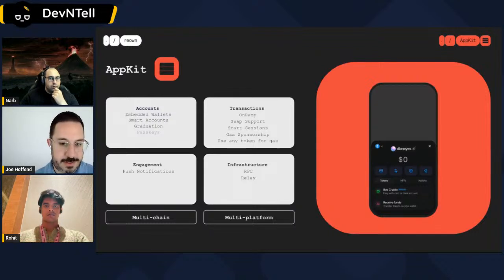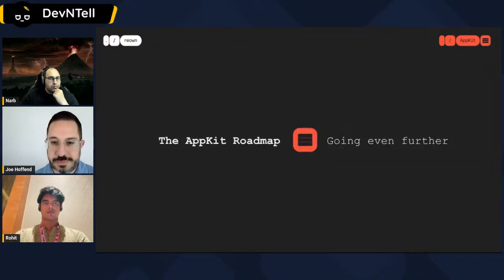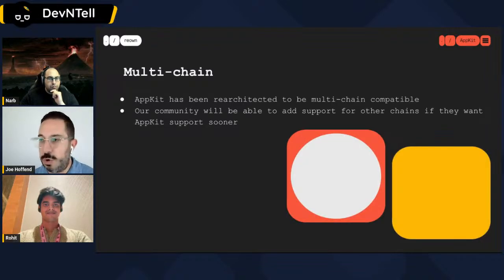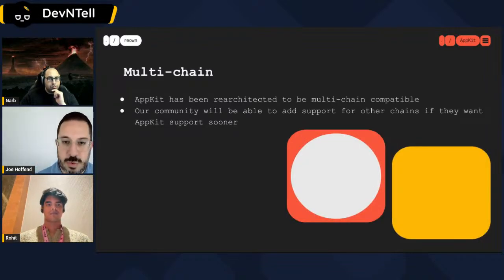And to that effect underneath, we're adding support for more chains for AppKit specifically, and continuing to build out the multi-platform support as well. So it's got a lot already, but where else are we going? What else is exciting that's coming up? So we've got a huge roadmap of things we want to do over the next quarter into next year. A couple of things I wanted to touch on specifically. So, AppKit was very EVM focused up until just recently, and we've spent the last few months totally re-architecting it to be much more elegant in terms of multi-chain compatibility.